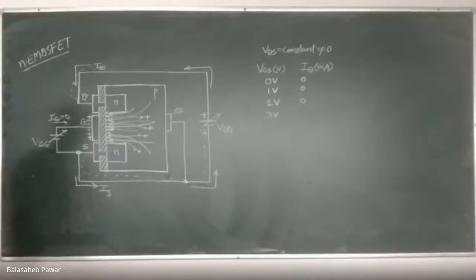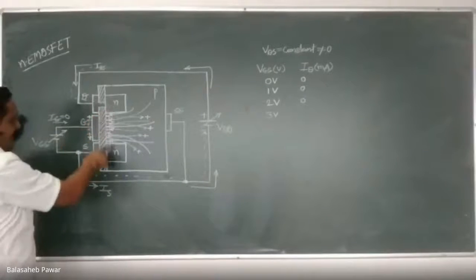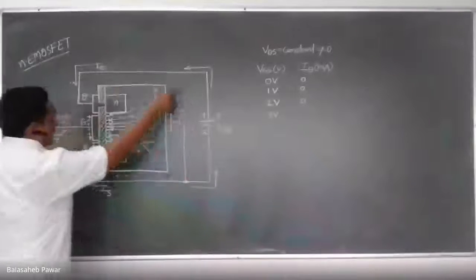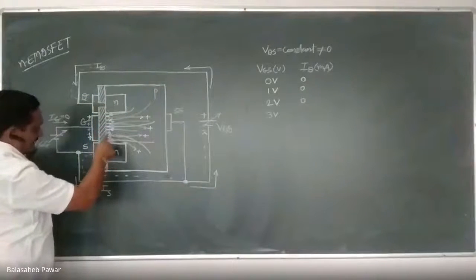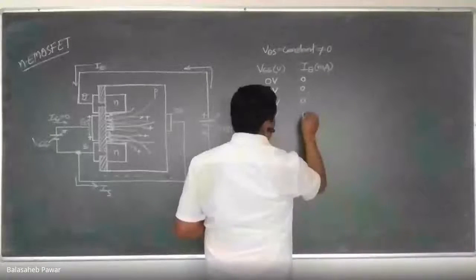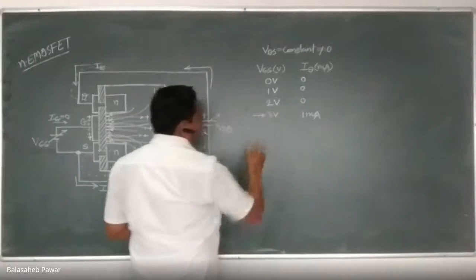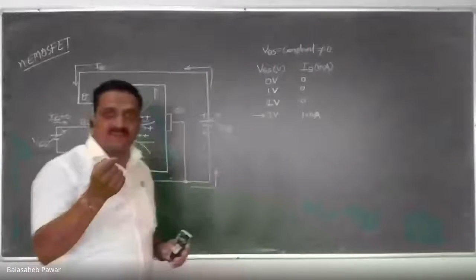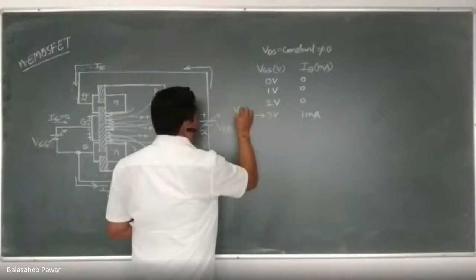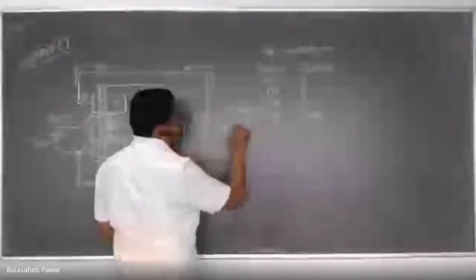Is it clear? What is happening when that thin layer gets formed, a thin channel gets formed between drain and source, and when we go on to increase this VDD from 0 onward, a small number of charge carriers will start to migrate. That means there will be a small amount of current, right? And this 3 volt at which initial conduction of that device takes place, that voltage is known as VGS threshold, VGS(th), or in short it is also written as VT.